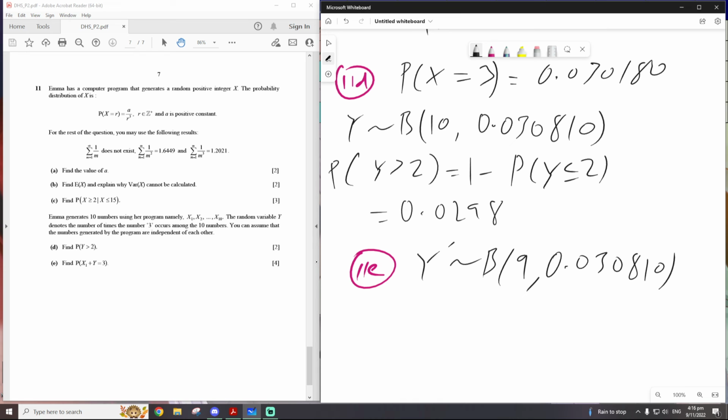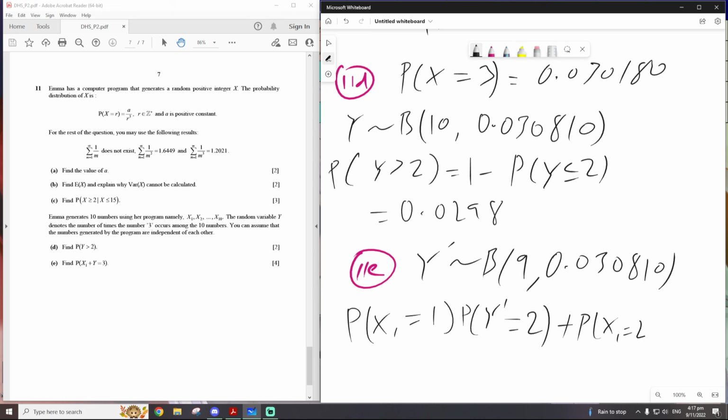Okay, y prime is binomial of this, so there's only 2 cases, because once again, if x1 is 3, then y has to be 0, right? But x1 itself is 3, so that's obviously a contradiction. So the probability that you have x1 equals to 1, because the next 9 numbers are independent of the first number, you can do P(x1 equals 1) and P(y prime is equals to 2). Okay, plus P(x1 equals to 2)